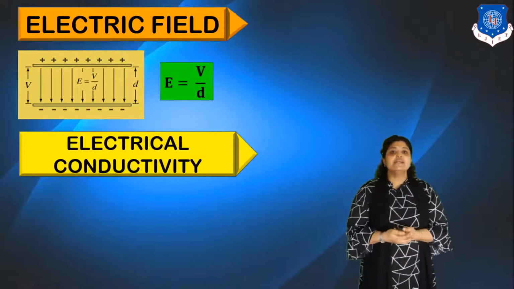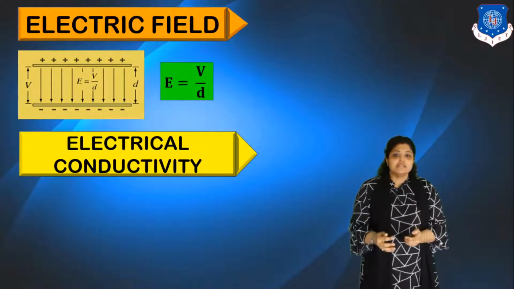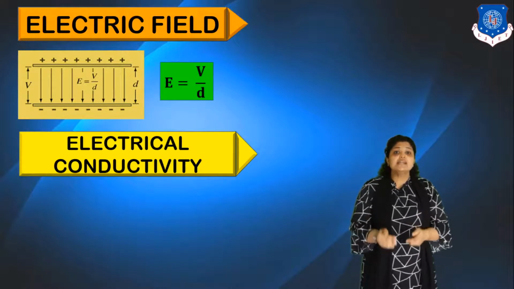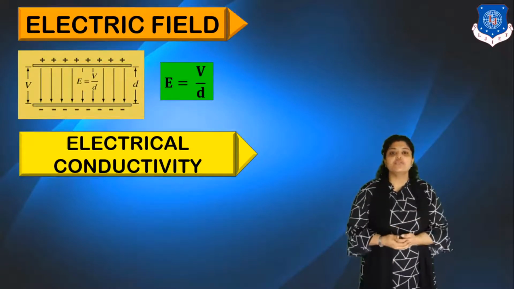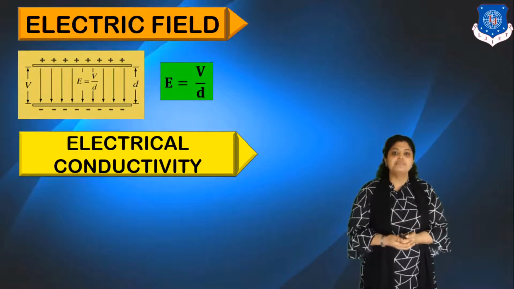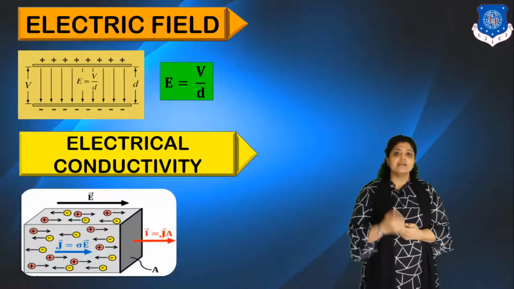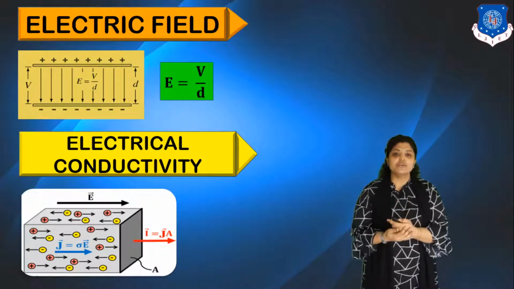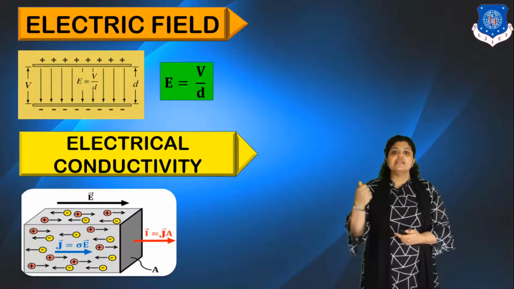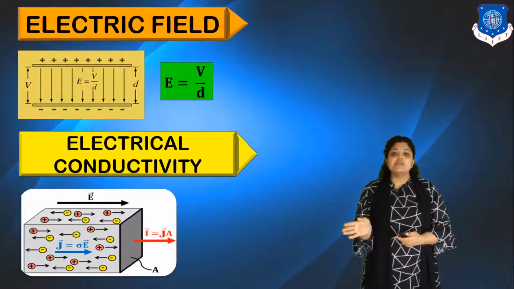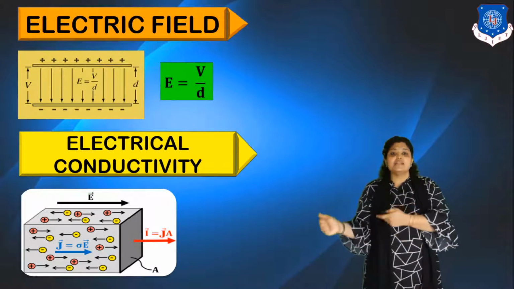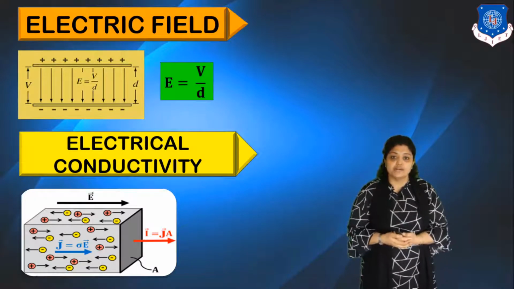Next comes electrical conductivity. If I say resistance is the property to oppose electric current, I will say electrical conductivity is the property which easily allows the flow of current. So this is the basic definition of electrical conductivity. Let's see next. Here, there is an electric field shown. So the electric field is pointing in one direction. You can see in the diagram that positive charges are moving in the direction of the electric field and the negative charges are always moving opposite to the direction of the applied electric field.